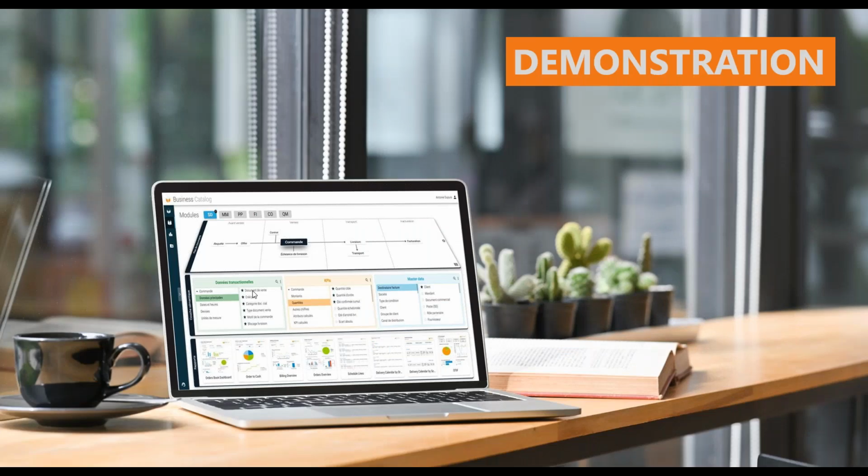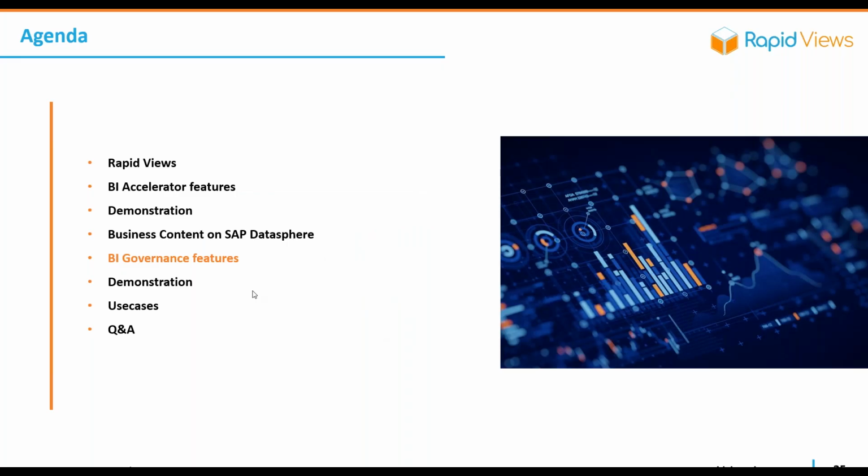Okay, so it was a quick demonstration of SAP Datasphere and how all our business content, this concept of dimension, fact, cube, data mart, and semantic layer, has been rebuilt within SAP Datasphere. It's for that reason that since the beginning of the year we have about 6 active references, because customers say, okay, I want to build a new data warehouse. I just migrated to S/4HANA, or I'm still in ECC. I want to build a data warehouse using SAP Datasphere. Let's use your RapidViews content to very quickly transfer all the data from SAP to SAP Datasphere.